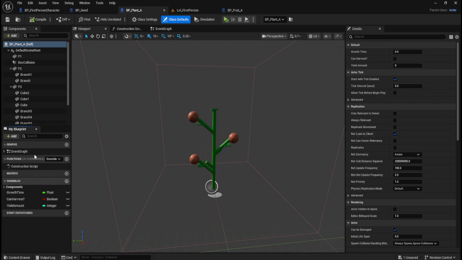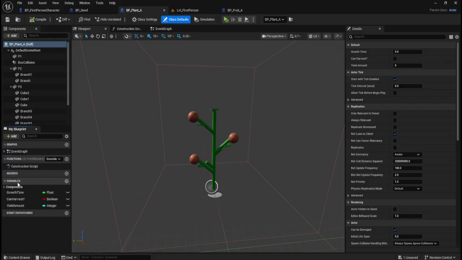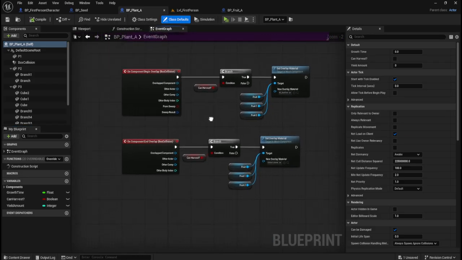Interfaces. Why is interface not showing on here? How do I... Right, okay. Got you. So if I go on the event graph in here,